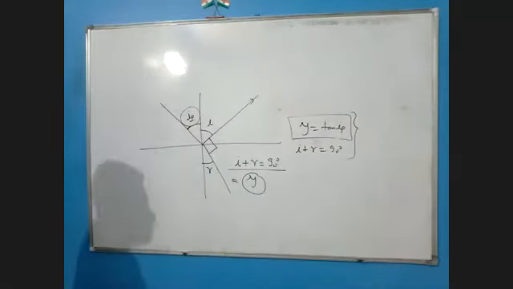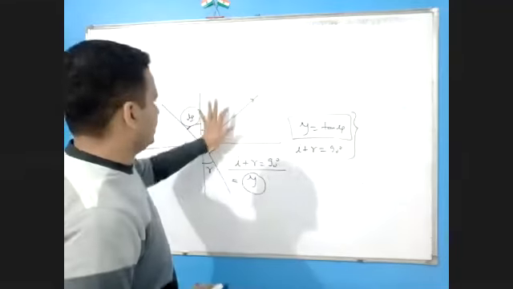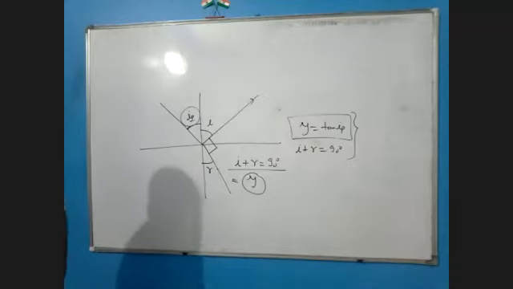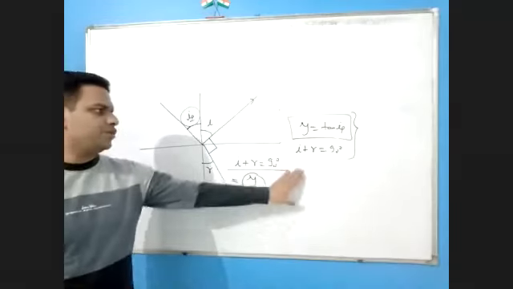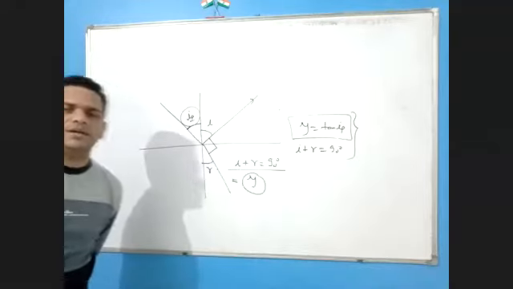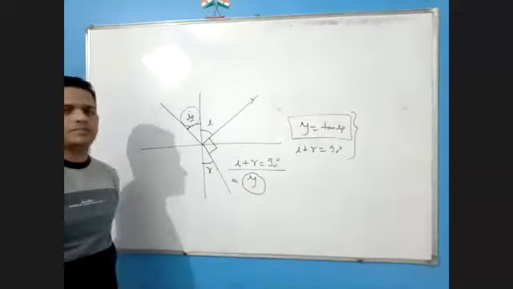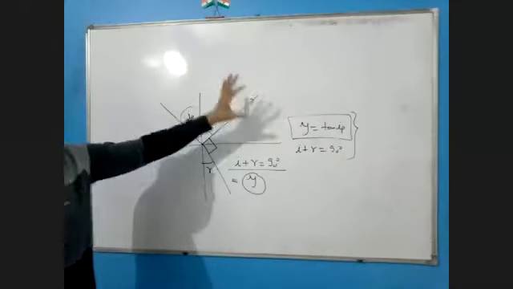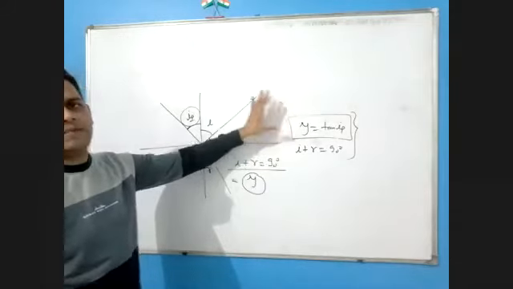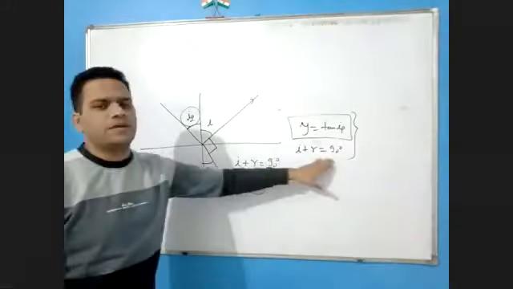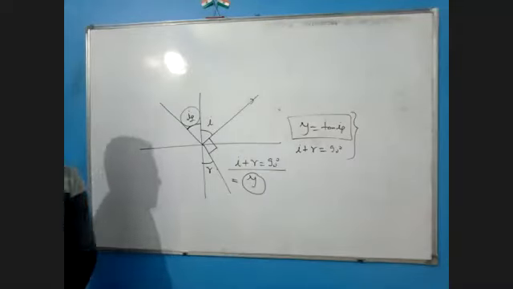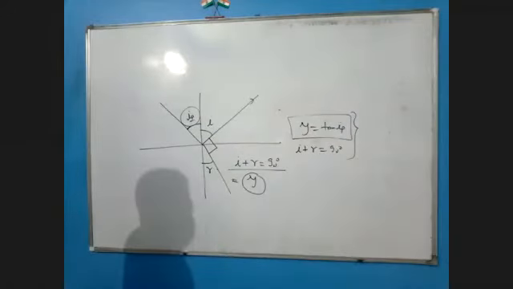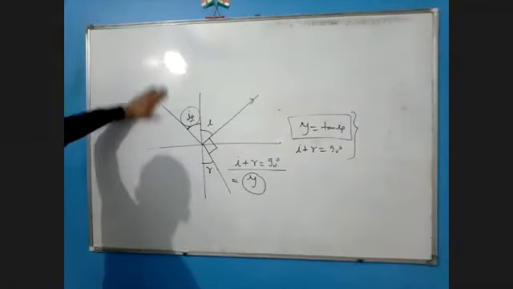Brewster found that whenever the reflected and refracted lights are mutually perpendicular, then the refractive index is equal to the tangent of the angle of polarization. तो सर we can derive either by taking mu equal to tan IP, then we can show that I plus R equal to 90 degree, or we can take I plus R equal to 90, then we can show mu equal to tan IP.